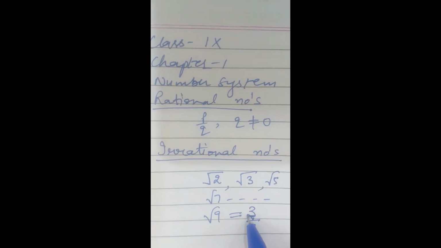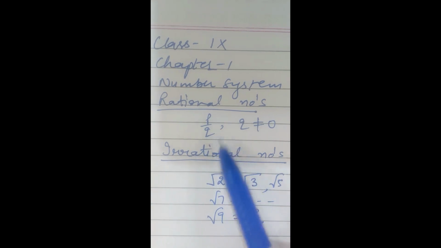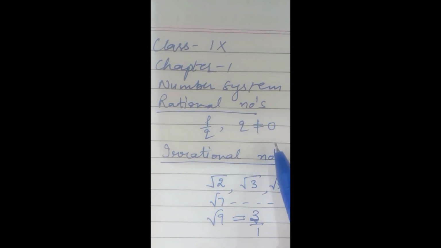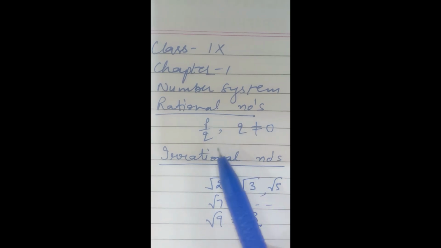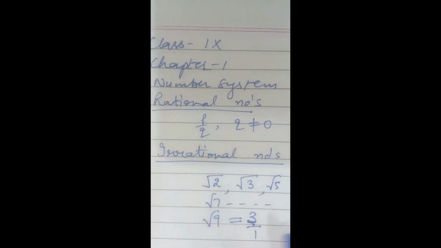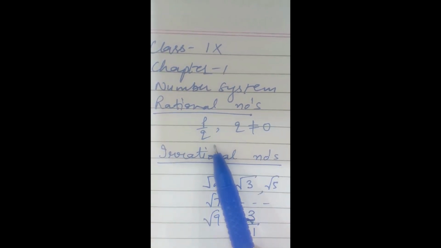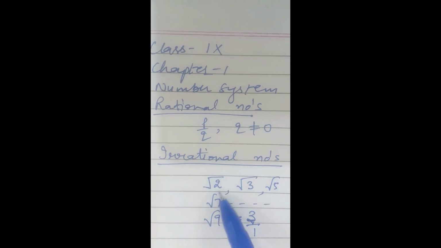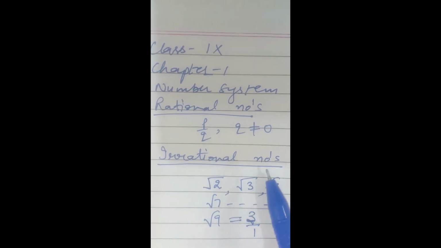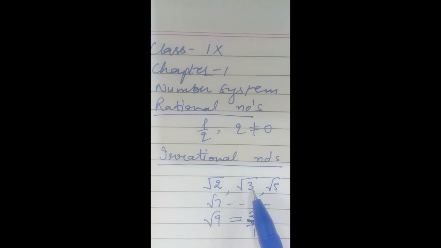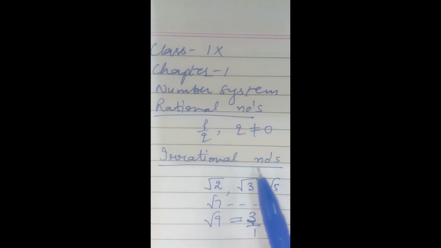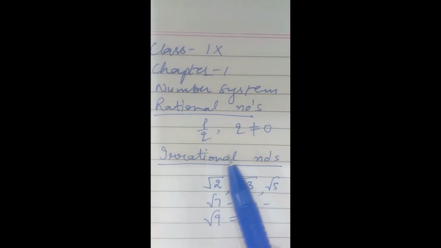Fine. Hence we can say a rational number is a number which can be written in the form of p upon q, where q is not equal to 0, and the standard form is when they don't have any common factor other than 1. And an irrational number is a number which cannot be represented in the form of p upon q. Any prime number under the root is known as an irrational number. So how do we find out, when it is not given in the form of p upon q, which number is rational and which number is irrational? For that I am telling you: the number which is given in the form of p upon q, or you can make it in the form of p upon q.